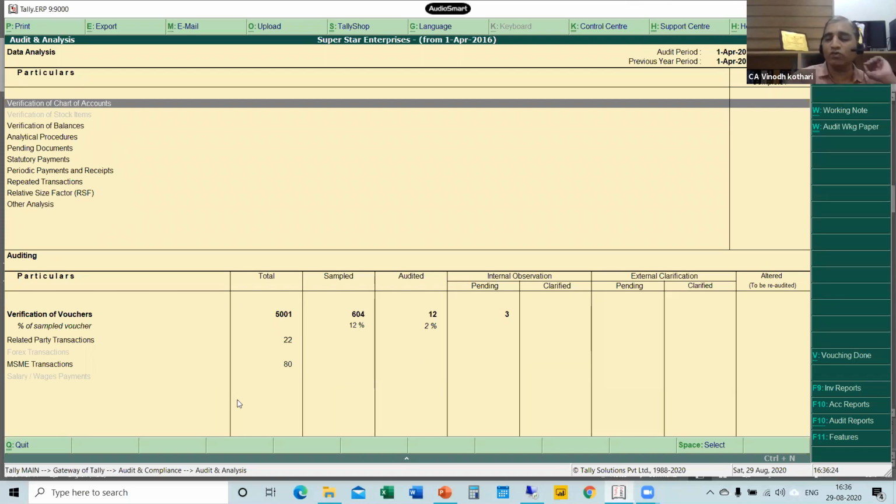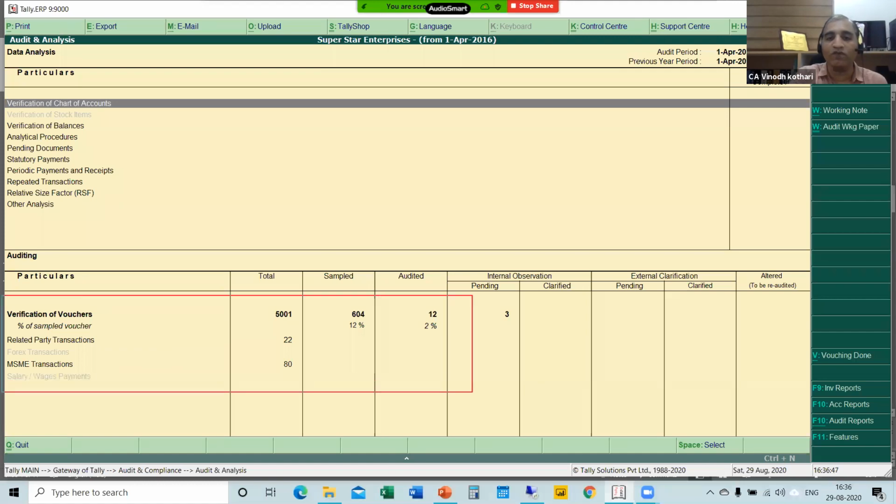Second setup, do some settings like related party, MSME transactions, whatever it is, and then you proceed to give your staff the details: log into this company, go to the audit documentation part, see what work is to be done, and complete that work. So whatever work he is doing, that progress can also be seen in this box. You can see in this box the progress report of what work he has done and how he has done it.